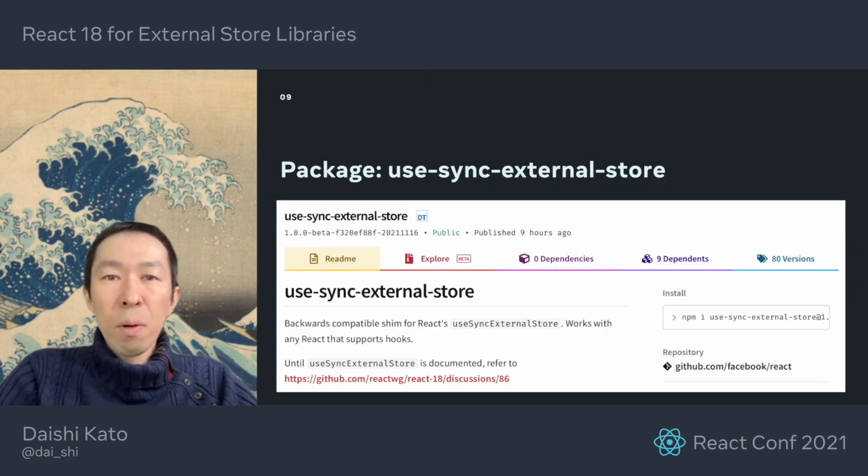Before diving into the demo, let's introduce a package. The useSyncExternalStore hook is only available in React 18. To help the migration, React provides a new package, use-sync-external-store, the same name with hyphens. This package has a shim, some compatibility code that runs in React 17, and the previous version that supports hooks. The hook in the shim automatically uses the React hook in React 18 and the shim code if it's not available. So it's recommended to use this package if you need to support both React versions.